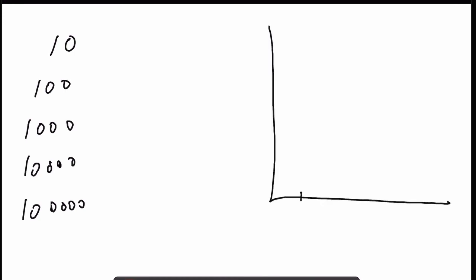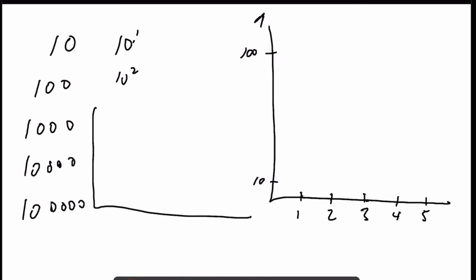10, 100, 1,000, 10,000, 100,000. So if I graph those 5 points, 1, 2, 3, 4, 5, okay? So if I take 1, this is 10 to the 1, 10 to the 2. So if I take 1, I get 10. If I take 2, I get 100. If I take 3, I get, it's already off the scale, right? So if I graph this, I'm going to get